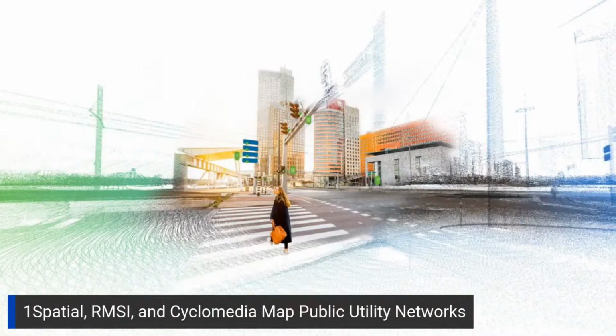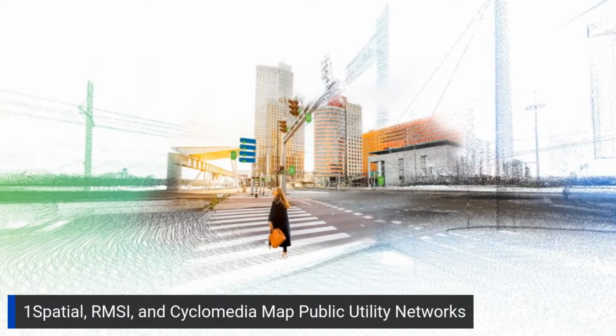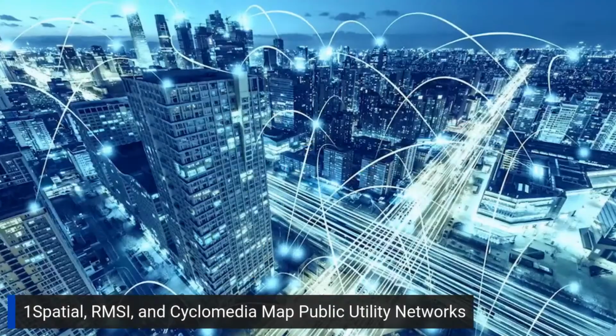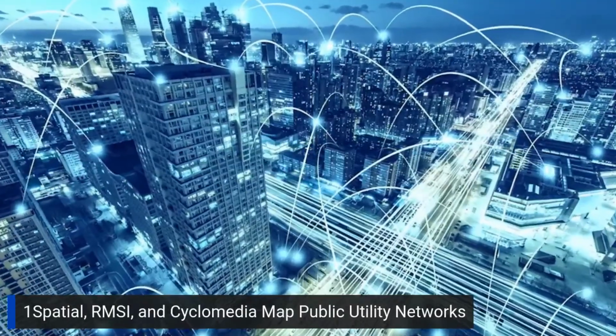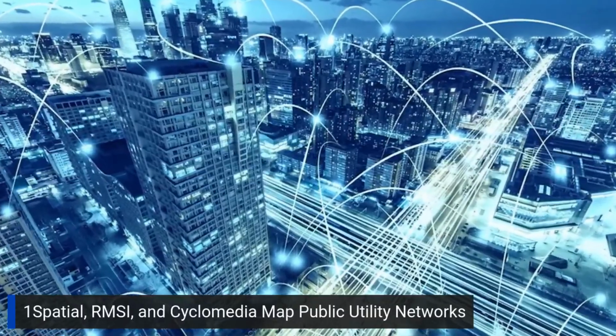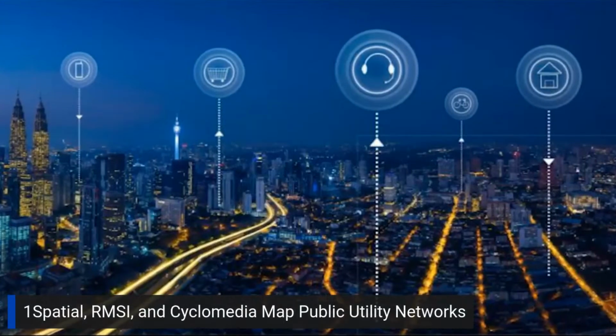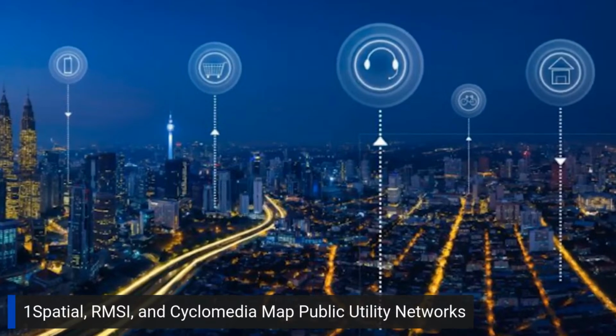One Spatial, RMSI, and Cyclomedia, three providers of solutions and services for the digital transformation of network infrastructures, are joining forces to address the market for mapping of utility networks. This alliance will provide infrastructure managers with fast, accurate, complete, and up-to-date mapping of their networks, thereby placing critical data at the heart of their projects. Leveraging the three companies' extensive experience in network data production, this alliance aims to provide technologies and services for capturing, recalibrating, and enriching data used by infrastructure managers.